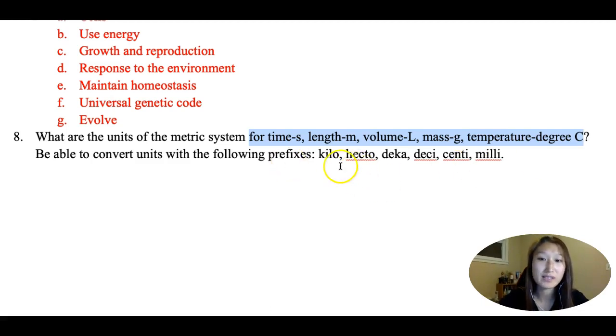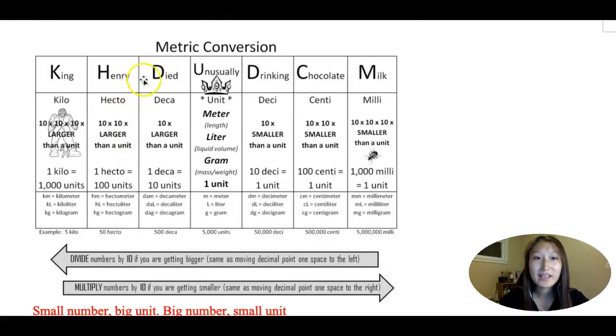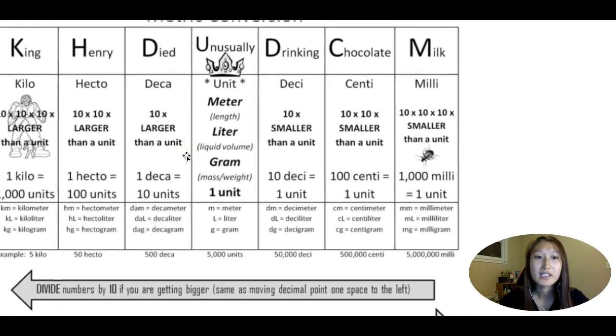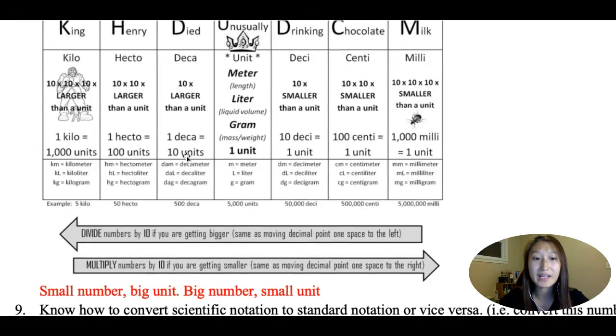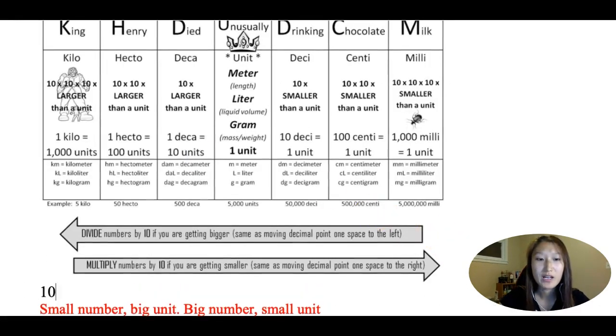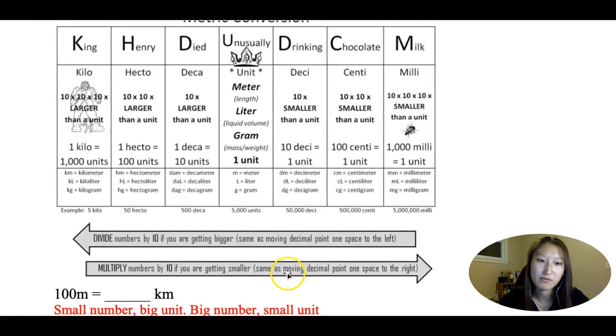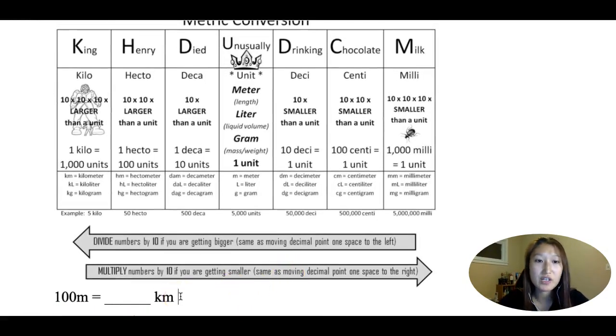You can add prefixes such as kilo, hecto, deca, deci, centi, and milli. You can remember it as King Henry died unexpectedly drinking chocolate milk, right? Once you remember the sequence of each of these prefixes, then you can do calculations very easily. So what you want to do is that if you're doing a unit conversion, for example, if you're doing 100 meters equals to however many kilometers, right? You could be able to come up with the answers real easily. But if you're not really sure, you can always go back to the King Henry died unexpectedly drinking chocolate milk